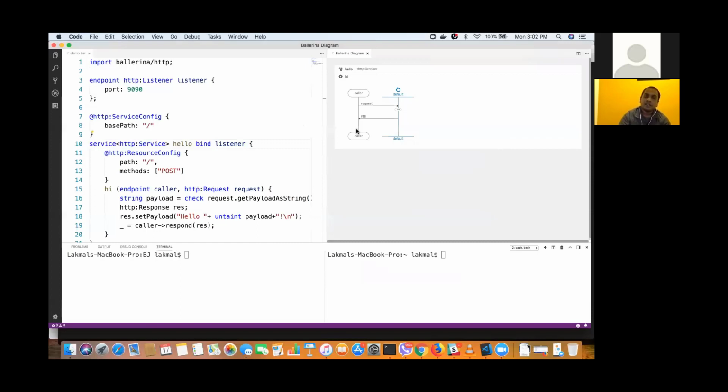The motivation behind providing this sequence diagram is that, as WSO2, we have worked on thousands of integration problems over the last 13 years. Whenever we go to the customer location and want to explain some integration logic, we draw a sequence diagram on the whiteboard.